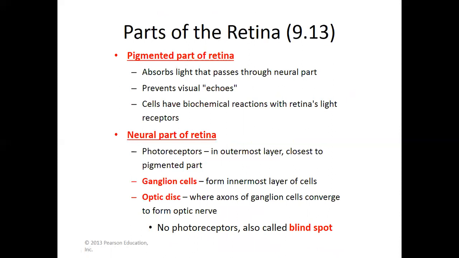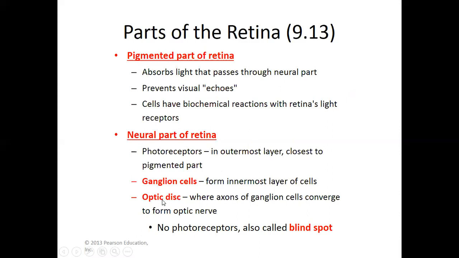Okay, so parts of the retina that are really important. The pigmented part, that absorbs light. Actually, light passes through the neural part of the retina first, and light gets absorbed by the pigmented part of the retina, where there's photoreceptors in the outermost layer closest to the pigmented part. There's a couple of other cells called ganglion cells that are the innermost layer,